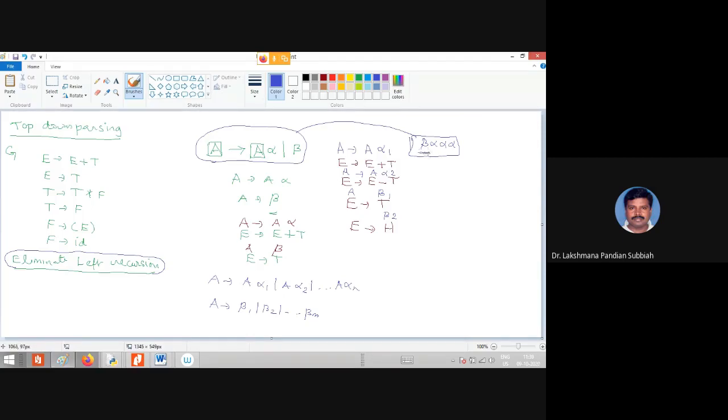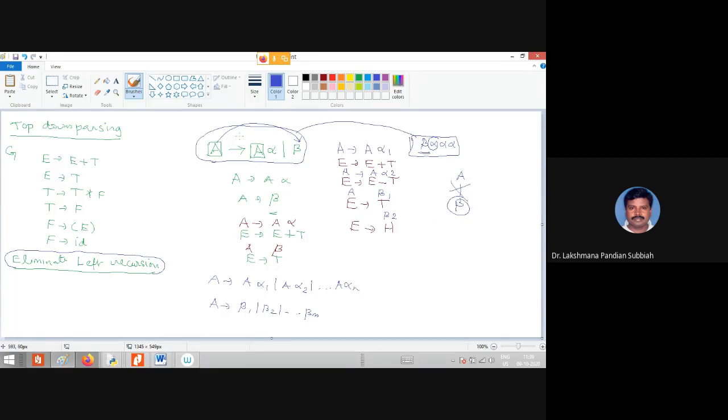For seeing beta, we can use the second production rule, A derives beta. Then the remaining cannot be generated. If you want to generate alpha, you have to backtrack, so this is not possible.